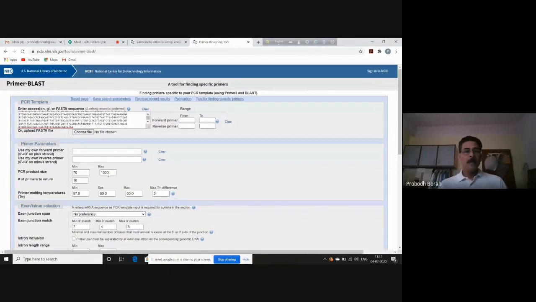So if the product size is very long, there is a chance that the amplified products will have some mutated sequences. That is why for diagnostic PCR, we normally restrict our product size to around 500 to 600 bp or near about that.